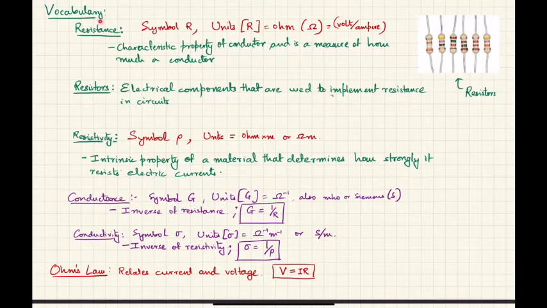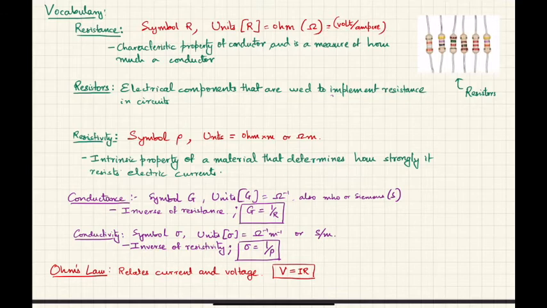There is the word resistance, which in physics is denoted by the symbol capital R. It has units of ohms, right? So one can write it out as ohm, or sometimes we also use the Greek symbol uppercase omega to denote units for resistance. Of course, this can all be related to SI units through omega or ohms being equal